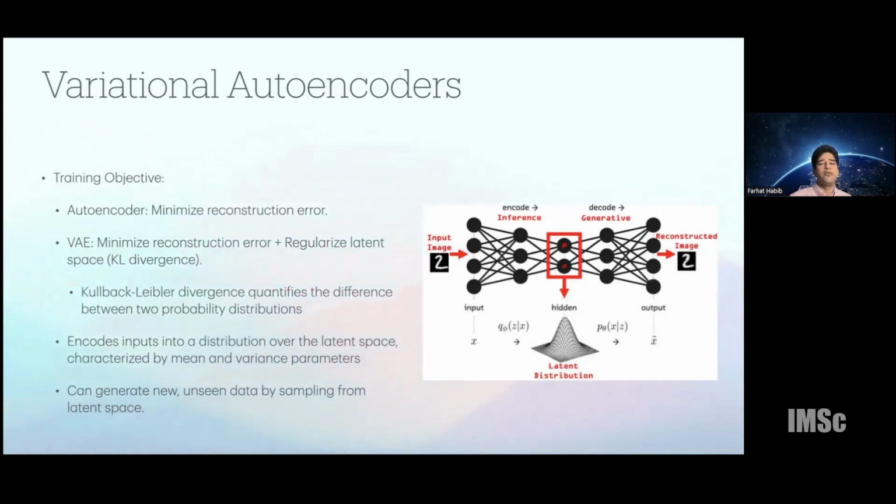So now that we have imposed that the hidden layer has a normal distribution, you can generate new unseen data by sampling from the latent space. Essentially, we can sample from a Gaussian distribution with a given mean and variance, and plug those numbers into the hidden layer, and we can get a reconstruction of the data set, which is coming from the same distribution as what the network was trained on. So this is an example of a fairly powerful kind of generative model.